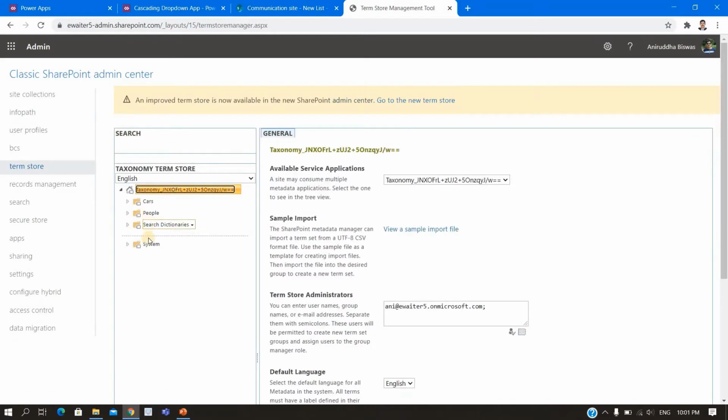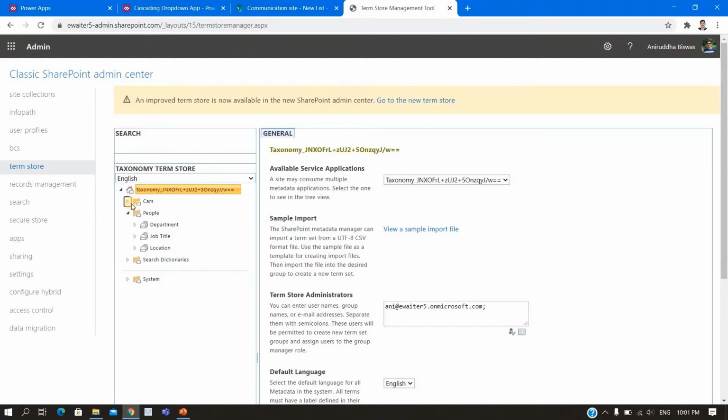By default, these three things will be there. I have created this one. Here I can tell you one of them, department. A list of departments is always there. So if you need a list of departments in a particular list as a column, you can point to this department term or managed metadata. Job title is the same thing. For location, you can put all the locations of all your offices so that you can just connect to it.